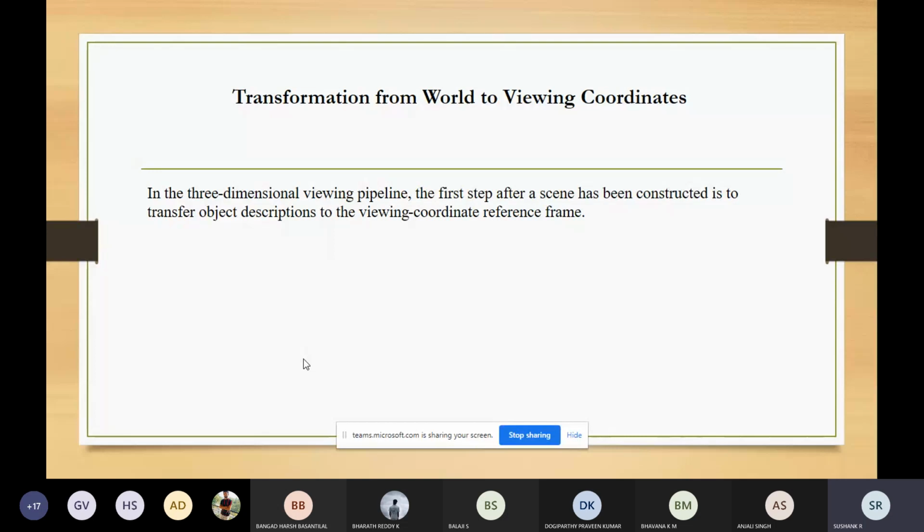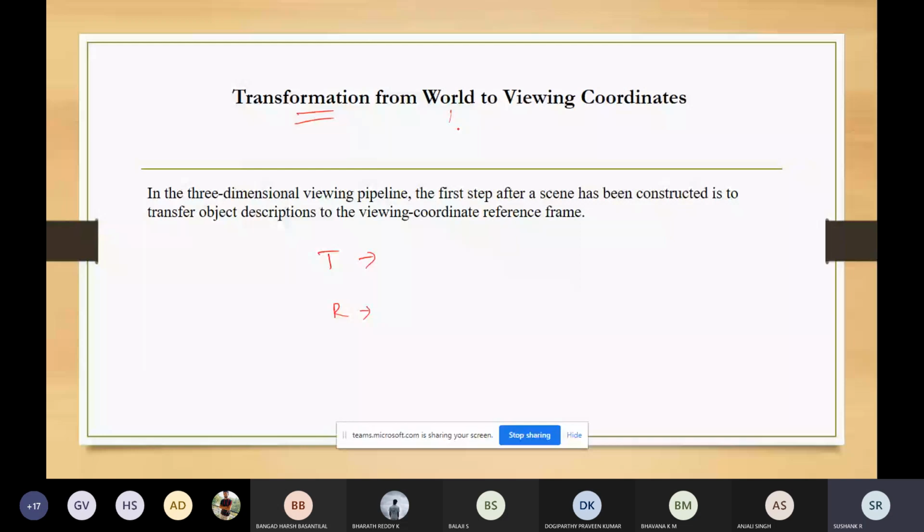Then you'll perform the rotation to know the different views of the object. So here we have two matrices: one is the translation matrix, and the other one is a rotational matrix. And we have some values for this. The product of these matrices can be used to get the transformation that is needed to bring an object from the world coordinate reference frame to the viewing coordinate reference frame. We will look into that in the next class.